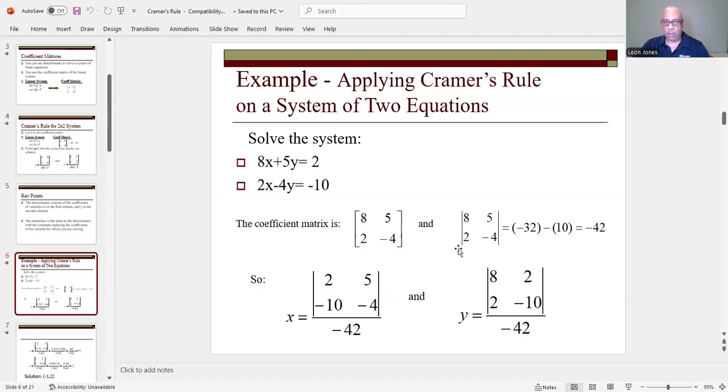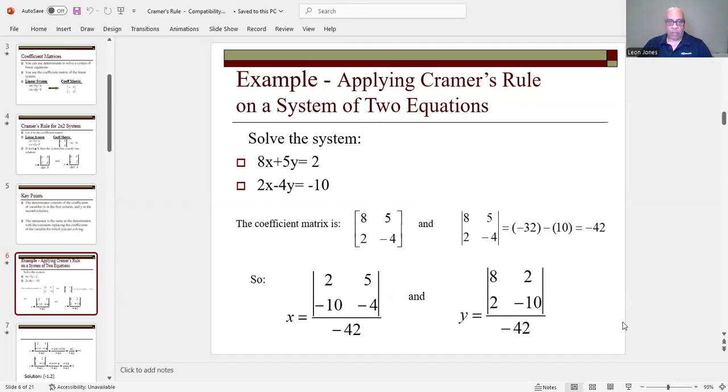So how do we get that? Yeah, this is A, B, C, D. So you have A times D gives you negative 32 minus 10 equals minus 42. Now, correction, when I did it in my head, I made a mistake. It was supposed to be negative 42 instead of positive 42. Now, what makes Cramer's rule so beautiful is now we already know what the determinant is. So,